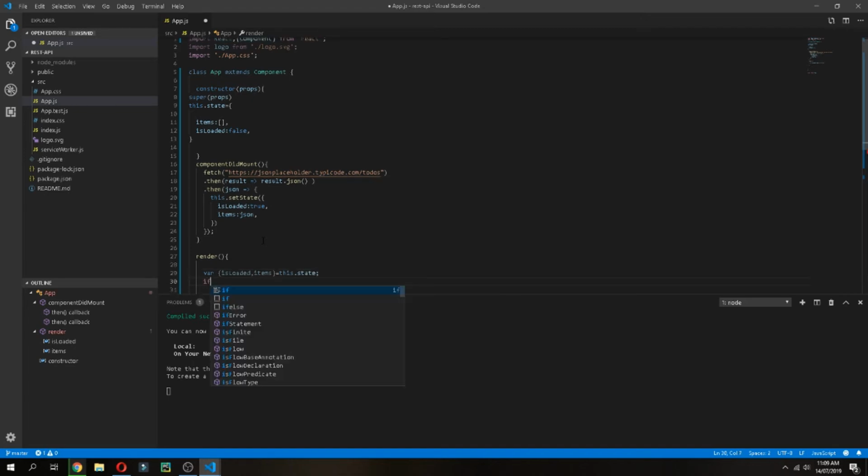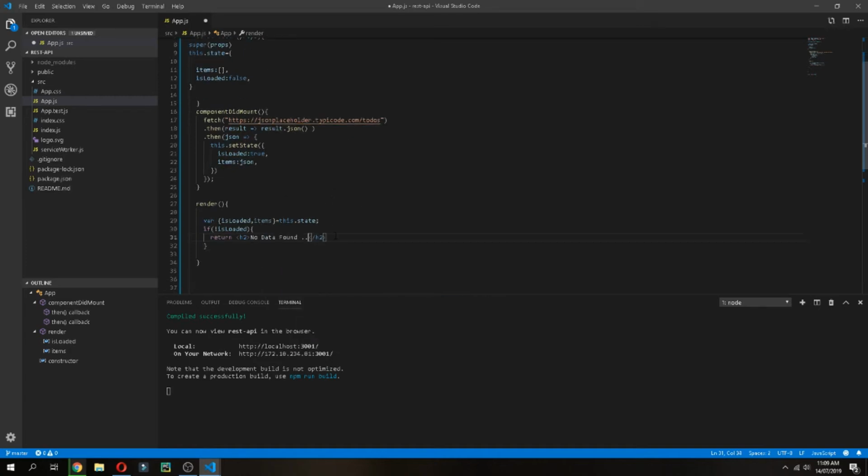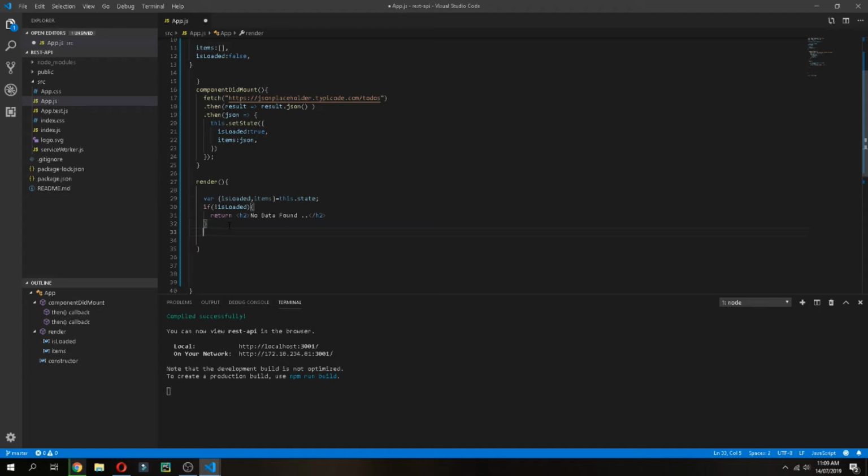And here if it is different from isLoaded. So if we don't have isLoaded, that means we didn't receive data. Return h2 no data found. Else if we find data, return